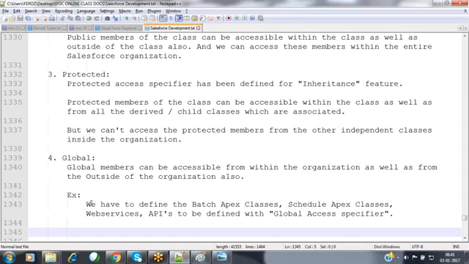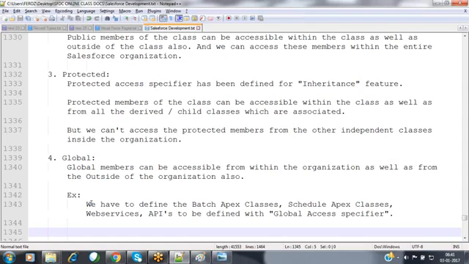How, when coming to that application, does the reservation system application interact with that banking application? By using a payment gateway. That payment gateway is nothing but a web service which has been developed by the banking people and exposed to the outside world. If any member wants to access that, they will be given permission. So now, global access specifiers can be accessible within the organization as well as from outside of the organization also.